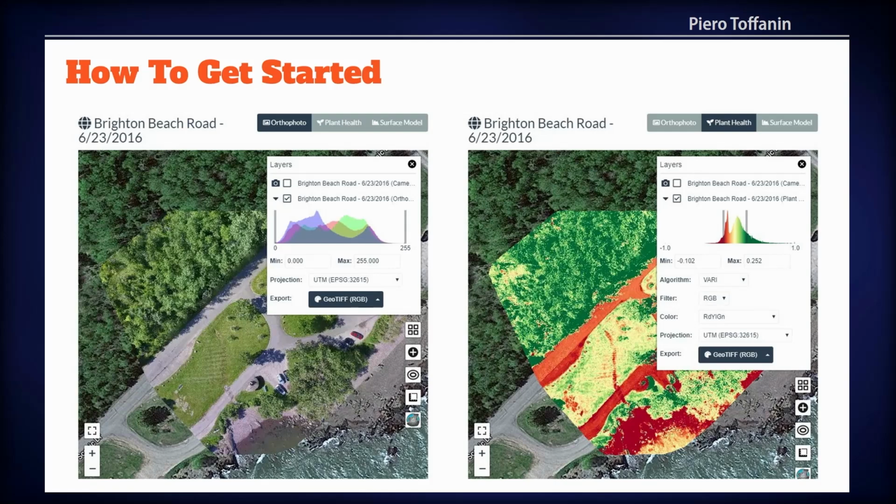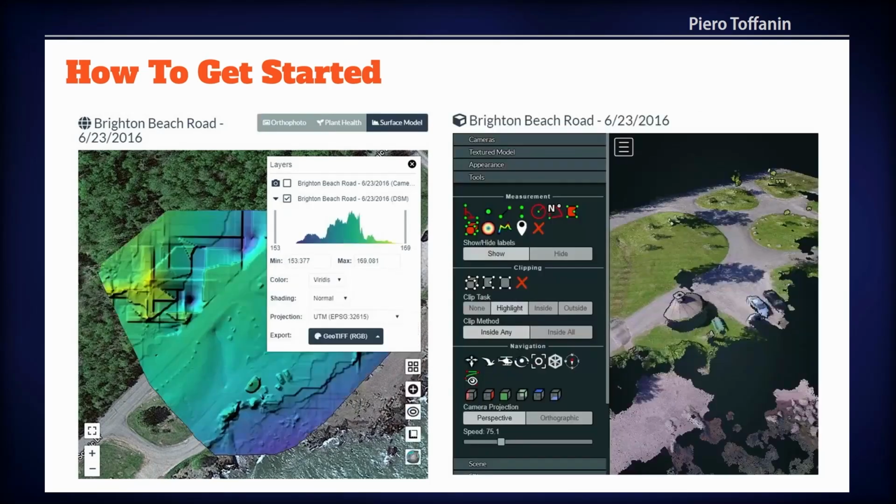Something that is new that I want to mention very briefly is we've added this very nice export feature directly onto the map. It's a what-you-see-is-what-you-get export. So if you change the sliders around your map and you want to exactly print out a copy of that GeoTIFF in RGB, or maybe you want to export it in JPEG, you can do that now. So that's very helpful for getting information to stakeholders and other people that might be interested in the result without having to install other software. You can also check out your surface model and finally your 3D models, from which you can make all sorts of measurements and